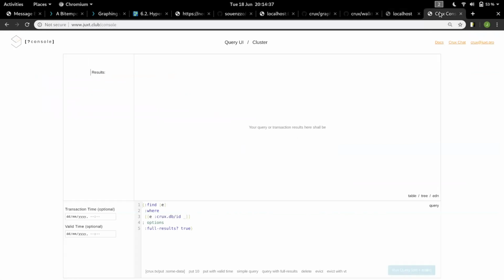So if you now go to juxt.club, that's literally just juxt.club. You don't have to type in www or console, it redirects. But this is like a big sandbox that we all have. So if anyone does have their laptops, we can just start transacting into this thing, which is a bit dangerous. I don't know what's in there right now. So if I run this query, I need to put this back in.